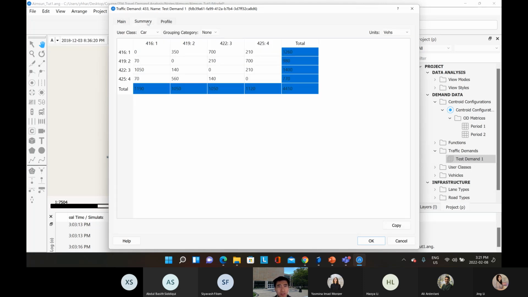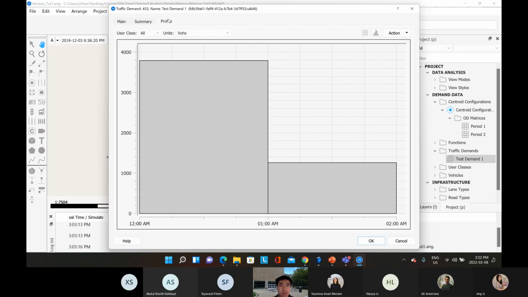you can also check some summaries about how many vehicles you have actually modeled. This would be the number of vehicles you modeled for the car, and if we change the type to taxi, you can see how many vehicles will be modeled in the 2 hours. And if you choose all, you can see the total number of vehicles loaded from all the origin destination pairs. And if you want to see what happens